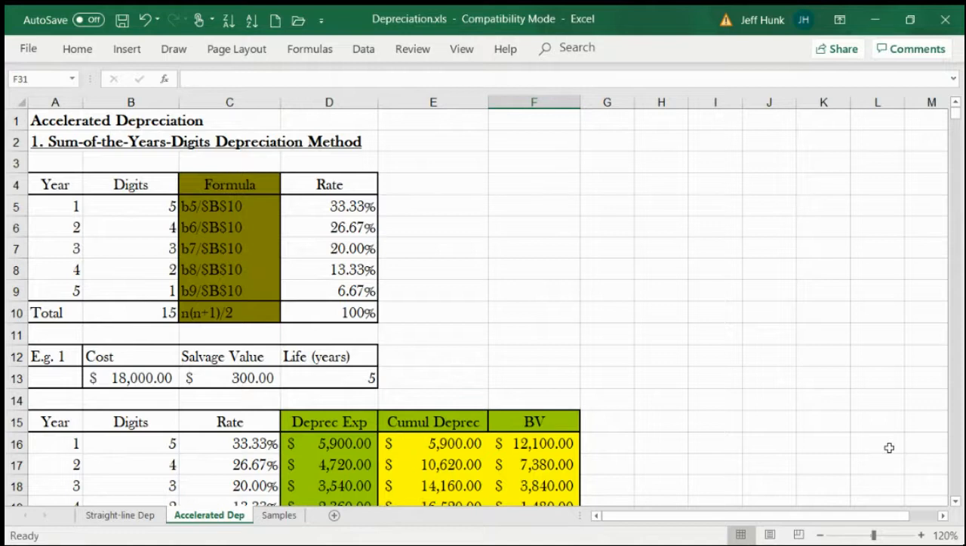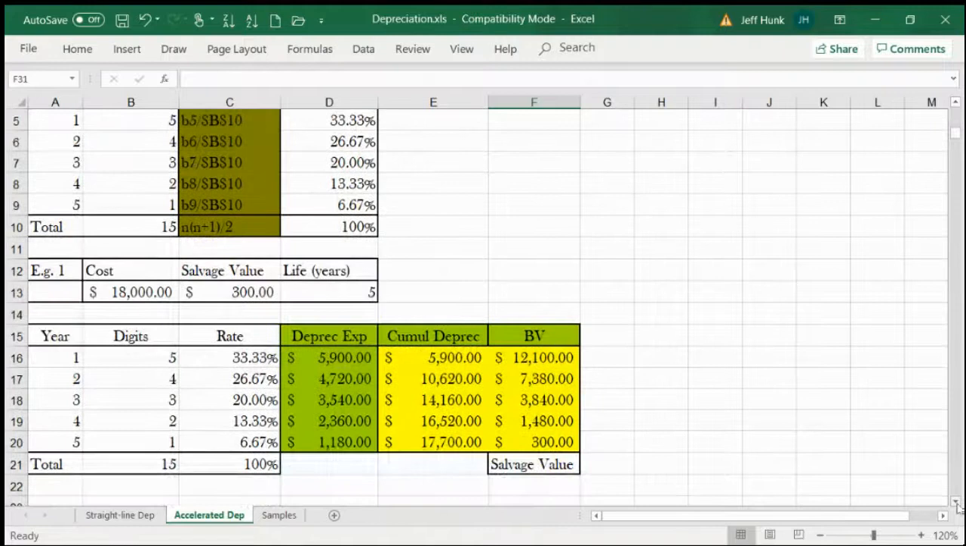And to do that, we can simply sum all the digits from 1 through 12, which would sum to 78, and allocate those digits in a decreasing or descending pattern as the numerator in the weight, right? So that method, that technique is called sum of the year's digits or